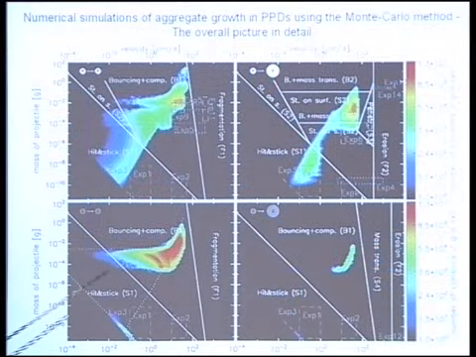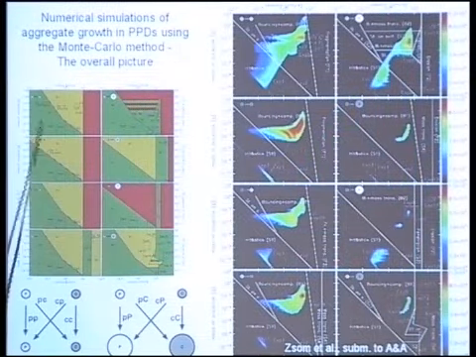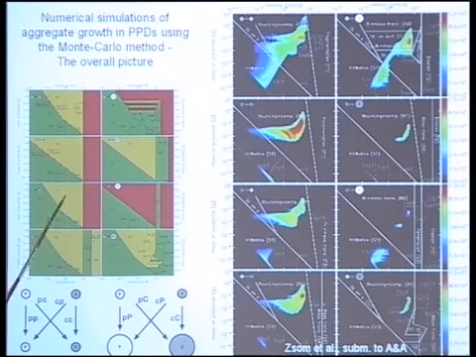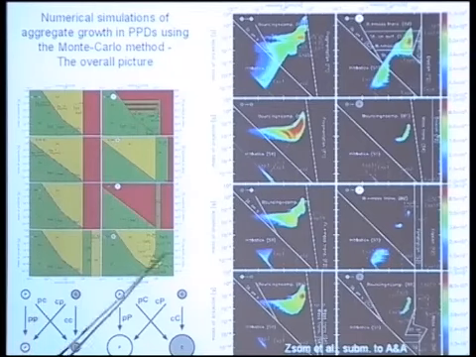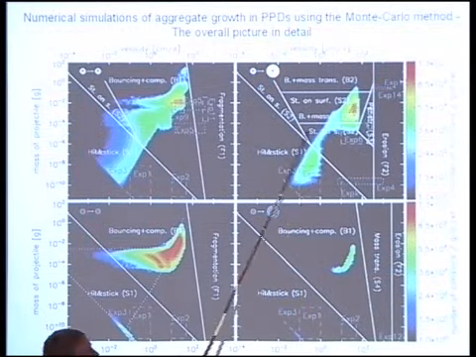The major growth is only possible in the, if we go back, is only possible in the green regimes here. Of course, this lower left corner is fine, but going away from the lower left corner, only this green regime is left over, and some bars here. So this is where the growth happens.